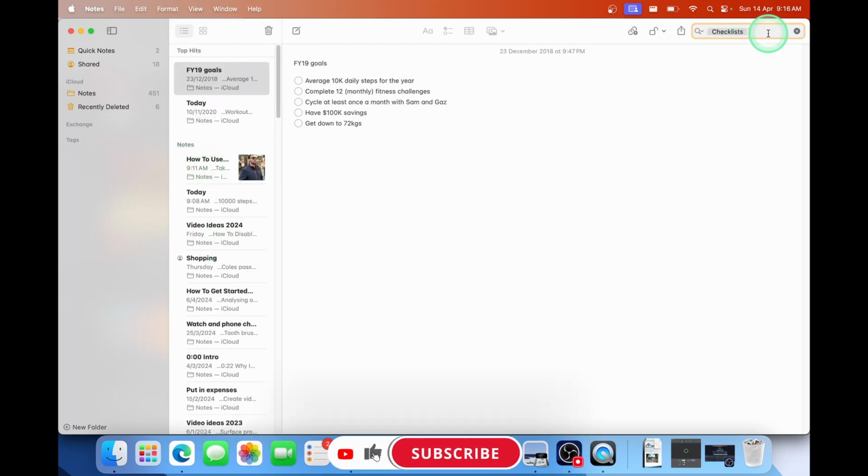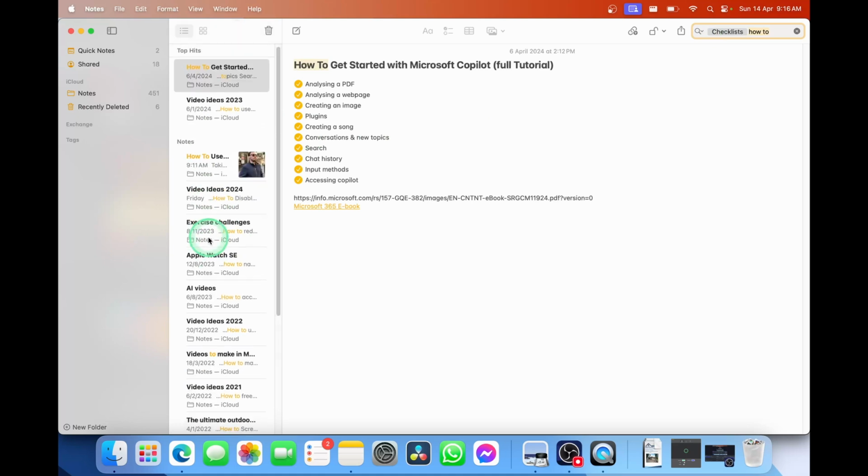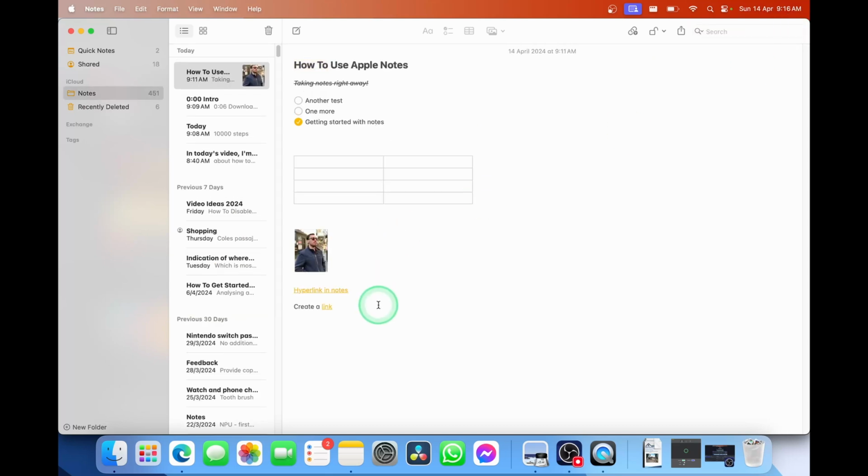Maybe you're looking for this and you also wanted to add some text in because you want it to be how to. So I've searched for everything with a checklist, and then also with the words how to. So you can also narrow down your searches, and it highlights the words that you're looking for, which just helps you narrow down the search that you're after. To get out of the search, we're simply going to select the X,